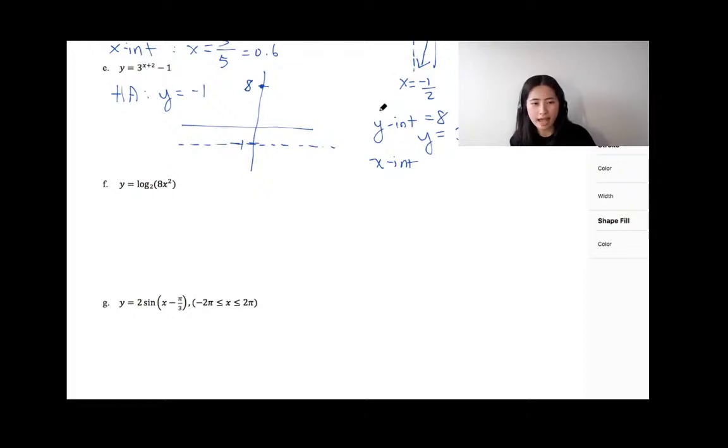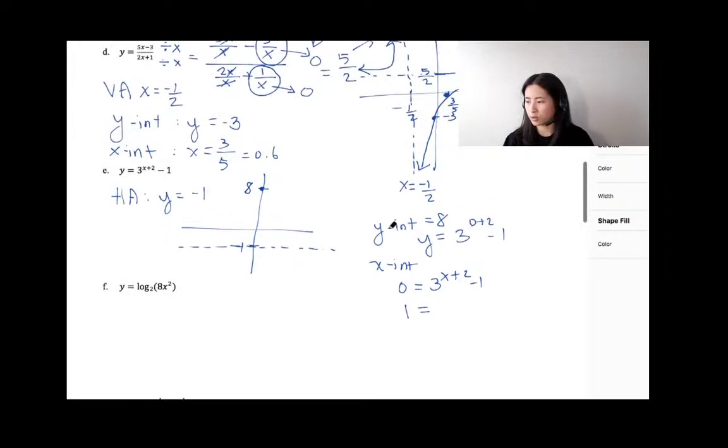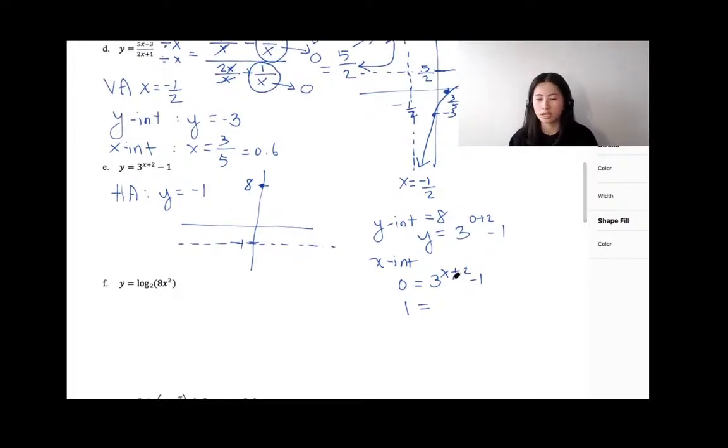So in that case, you would have y equal to 0, and that's going to be equal to 3 raised to the power of x plus 2 minus 1, right? So what you do is you take -1 and move that over to the opposite side of the equation, or transpose that. This is going to be equal to 1. I guess you cannot see the y-intercept. There we go. So for your x-intercept, going back to this, I said that we need to move -1 to the opposite side of the equation, and then you get 3 raised to the power of x plus 2,